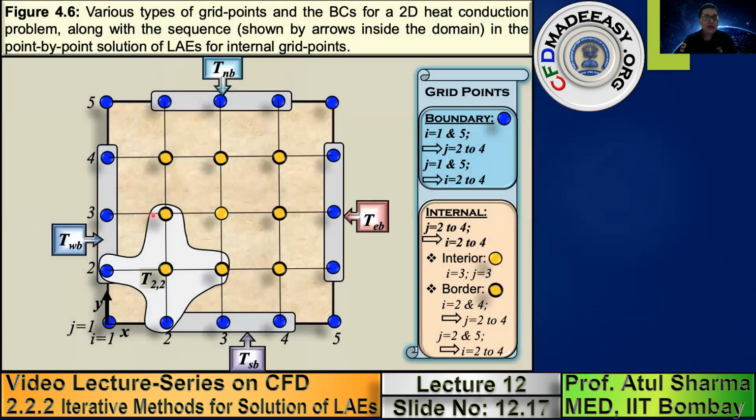So here I am showing you in a graphical form. These are the boundary points where you apply the boundary condition for the west boundary. This is for the south boundary, this is for the east boundary, and this is for the north boundary. Now the finite difference method, the loop which you'll be using, here you have 9 yellow circles.